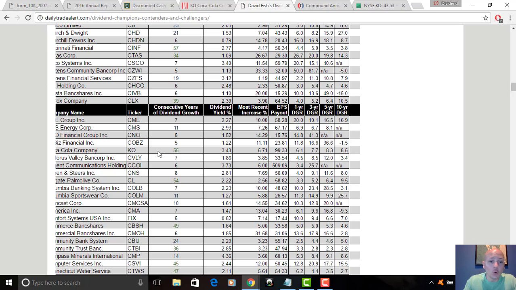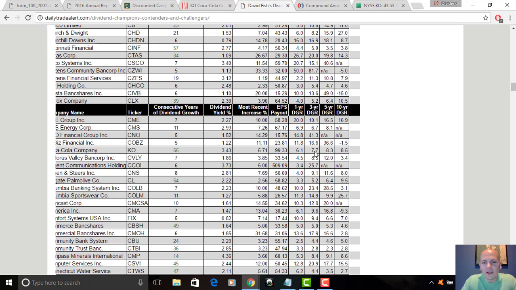And so Coca-Cola, again, it's a prototypical dividend growth stock. It's increased its dividend for 55 consecutive years, which is one of the longest streaks in the world. The 10-year dividend growth rate, upper single digits here, well in excess of inflation, obviously, which is just fantastic. So right away, these two numbers here, 8.5% 10-year dividend growth rate and 55 years of consecutive dividend growth, that's why it's a widely held and widely known dividend growth stock, right? And it's an easy to understand business, non-alcoholic beverages, Coca-Cola, Dasani water, Simply Orange, so on and so forth. Very well-known brands, very easy to understand business model.